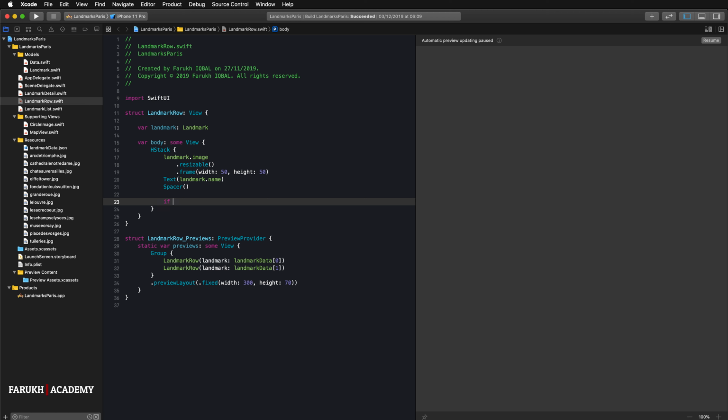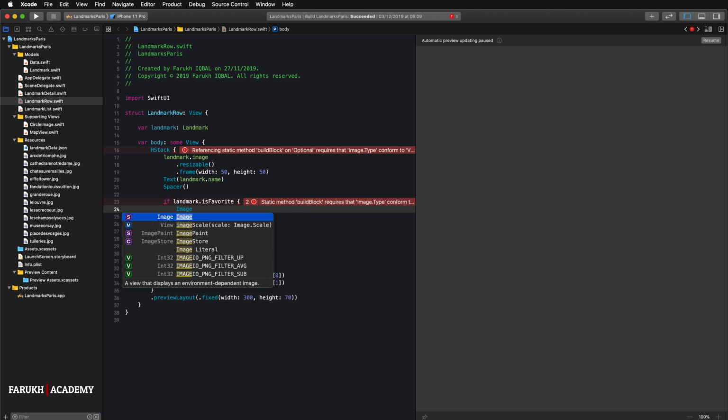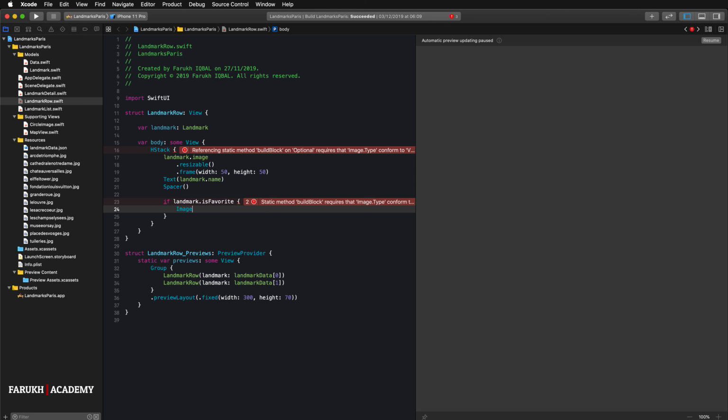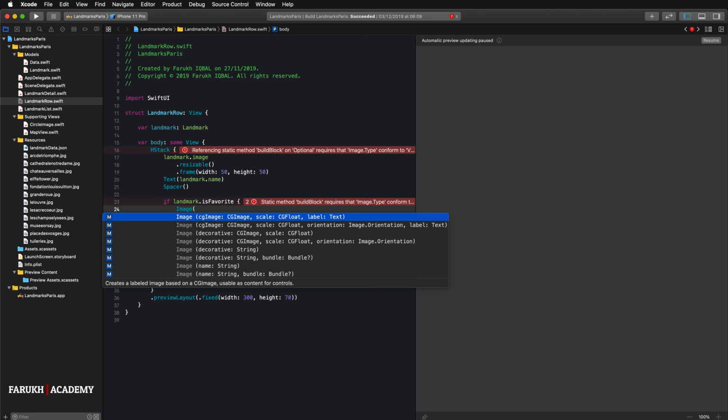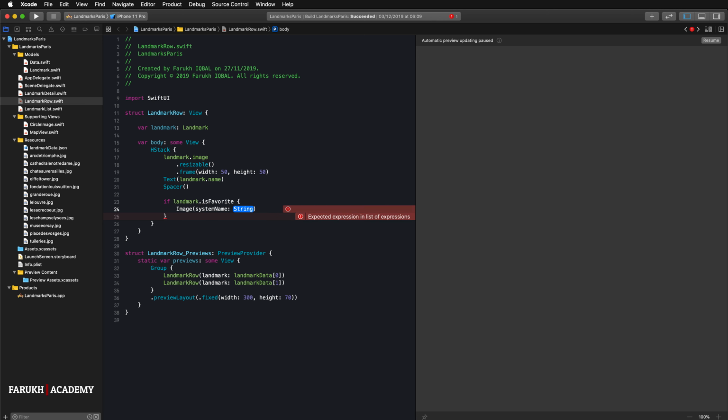So if landmark is favorite, then select an image object just like that with the parameter, this one, star.fill,